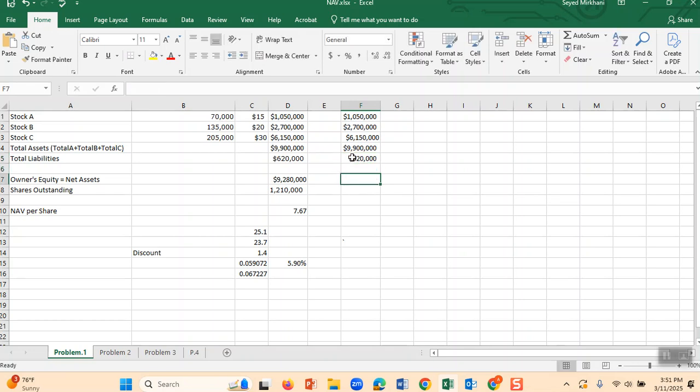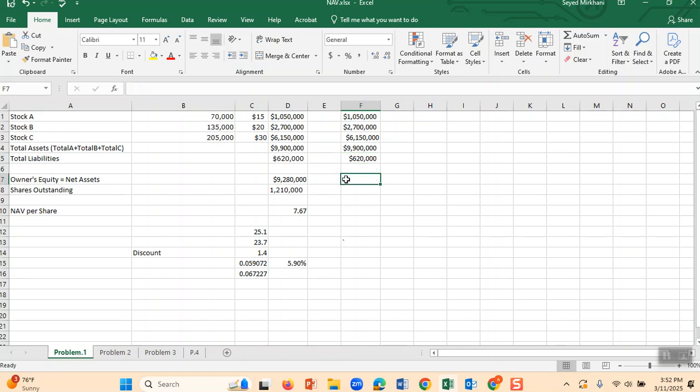Now, you know that in accounting we say assets minus liabilities is equal to owner's equity. Therefore, these are the assets, these are the liabilities. We subtract them to see how much of this money belongs to us, because this is what we owe to the bank. Therefore, the company's value at the moment, we have these assets, these liabilities.